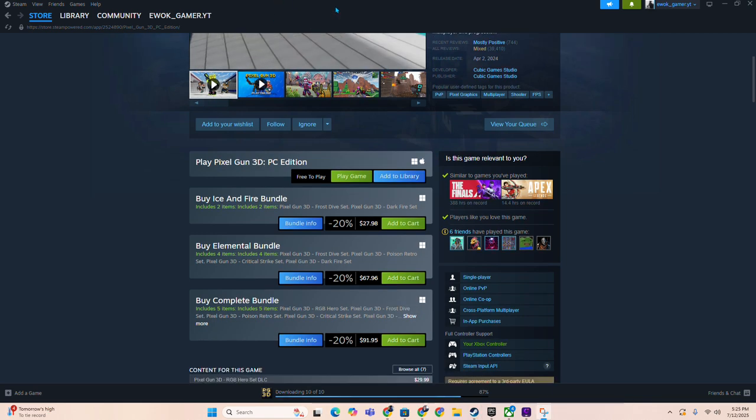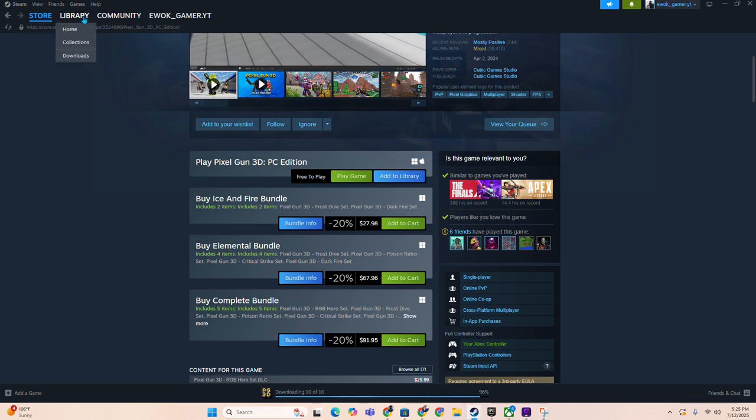Okay. Now, once it's about to finish downloading, you see it says downloading 10 out of 10 down here, and then it shows the bar. When that's almost done, you can look in the bottom right, and it will say ready to play. When you click that, it will send you to your library where the game is. If you either miss it or want to check things out in the game, real quick, I will show you that in a second, but